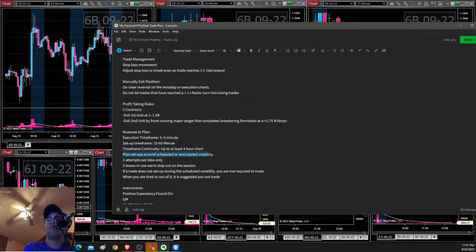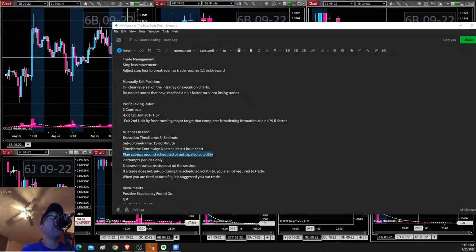So this is a big one right here. I want to plan my setups around scheduled or anticipated volatility. I kind of ignored that rule right here just because the trade looked nice. I'm currently 3 ticks in profit, so the trade looks like it's going to work. But I like to keep my powder dry until